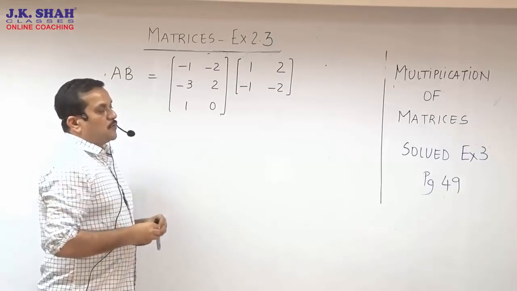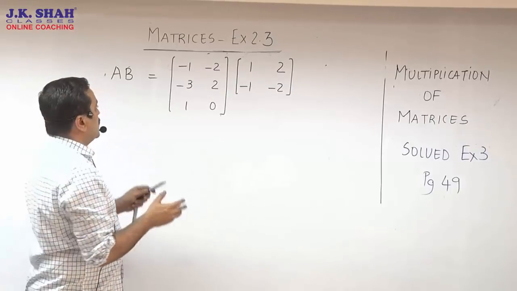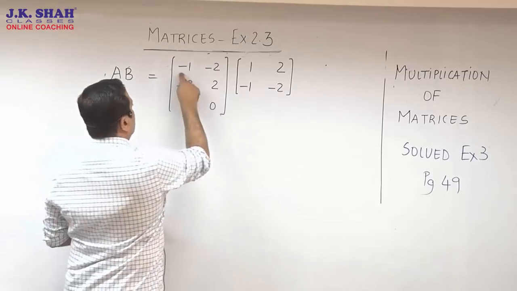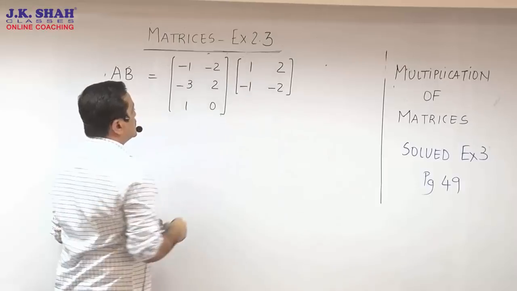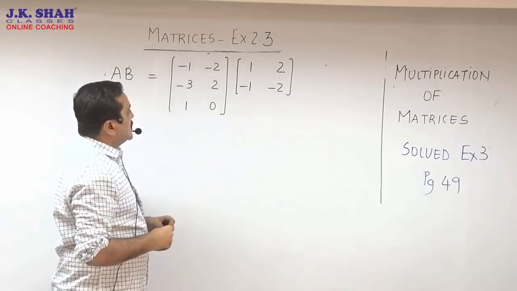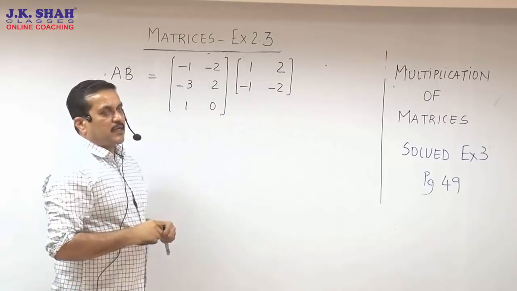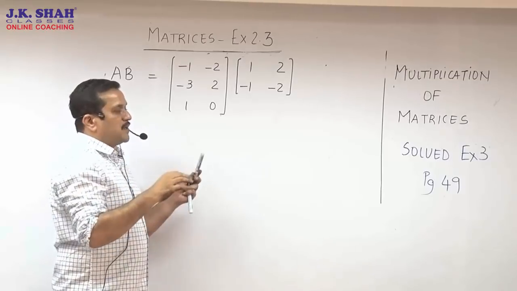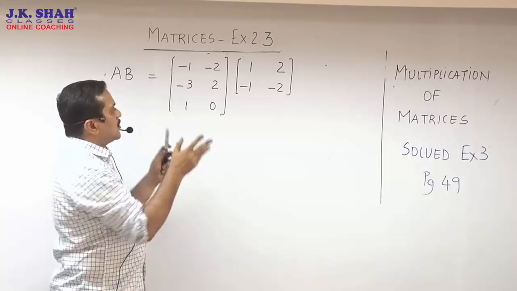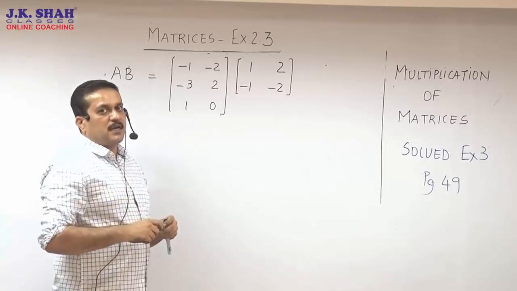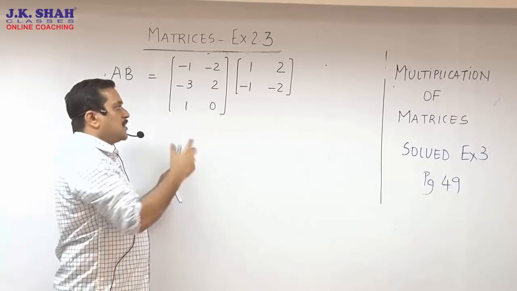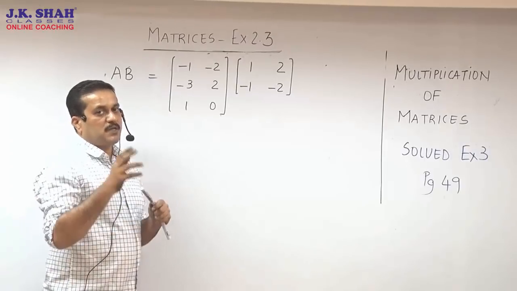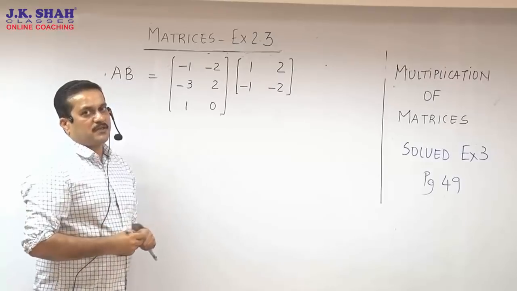We try one more together. I'll request you, we have got AB, we need to work out AB over here, possible है. When I just check R1 C1, I can see the product does exist. And then we'll reverse and see exist हो रहा है कि नहीं, but पहले तो finish करते AB. Now once again I would request, copy the matrix, pause the screen and copy the matrix, work out the entire sum for yourself, and then you come back on the video once again to check कि answer match हो रहा है कि नहीं हो रहा है. So please pause your screen, copy the matrix.